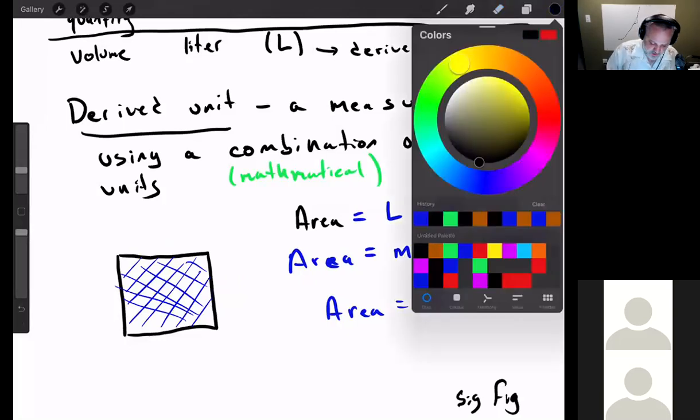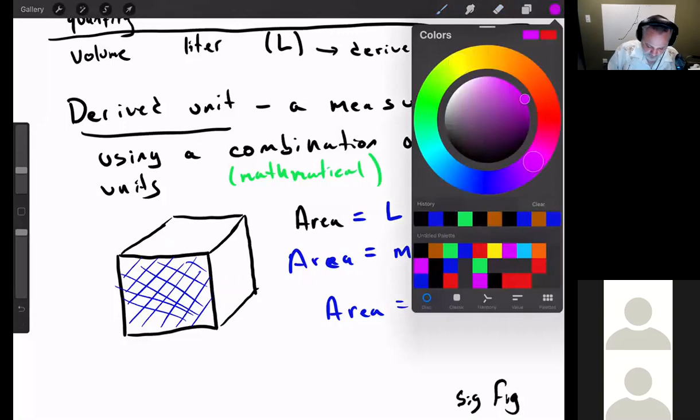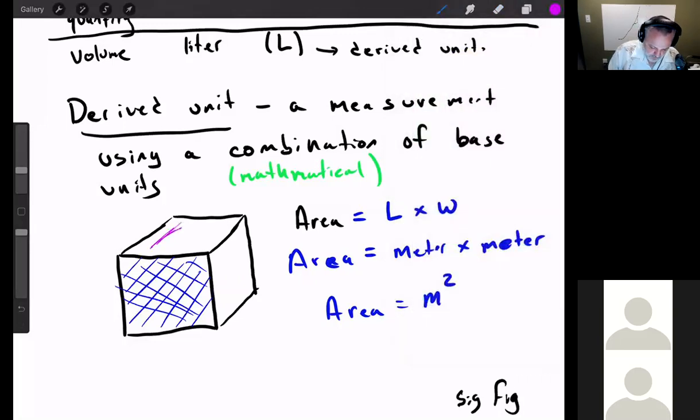Instead of having a square, let's have a cube. How do I figure out the volume? How do I figure out what's the amount of 3-dimensional space? Area is 2-dimensional. How do I figure out